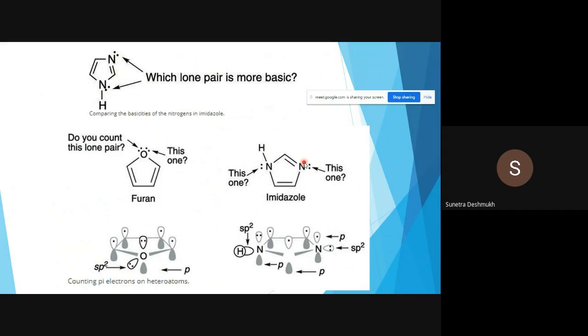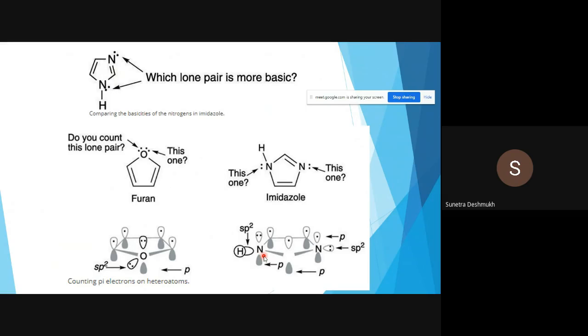So here in imidazole we have seen which one is more basic, pyridine-like or pyrrole-like nitrogen. We know that the pyridine-like nitrogen, with the lone pair in the sp2 hybridized orbital, is more basic. Okay, so you can explain again with the help of these lobes, the diagram where we have shown all the p lobes, pz or whatever hybridized lobes. You can show that and explain.